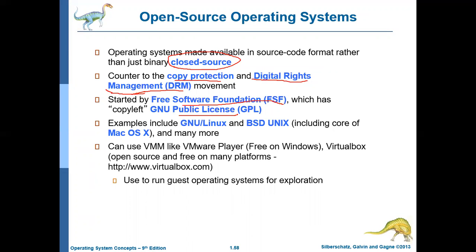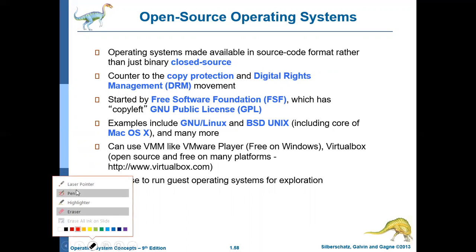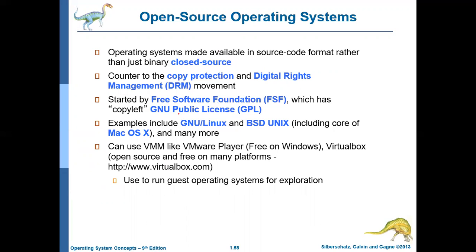For example, Linux is an open source operating system. The source code of Linux is available, and anybody can modify the source code and improve it. That is the reason why Linux has improved to a larger extent, and now at some places it is doing better than the Windows operating system. So open source operating systems are ones where the code is available and anybody can contribute to the development or betterment. Fine, we'll stop here.